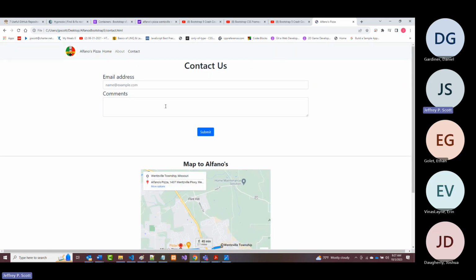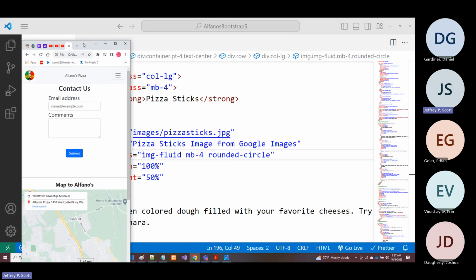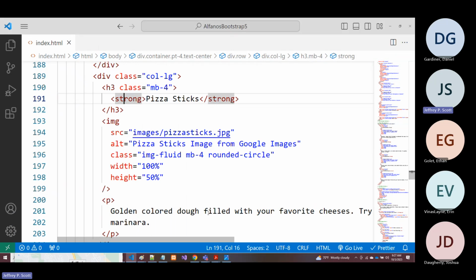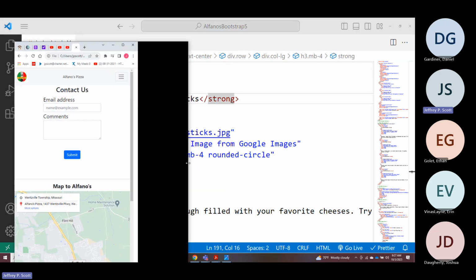Now, what I want to make sure all of you understand is the following. I'll go over this code in just a minute. All right. But your best place to go when you're looking for how to do this, your number one place to go should be getbootstrap.com. It has a lot of code in there already that you can just borrow and customize to your satisfaction. In addition, and some of this stuff I've already shown you, but I'm going to show it to you again, and that is,